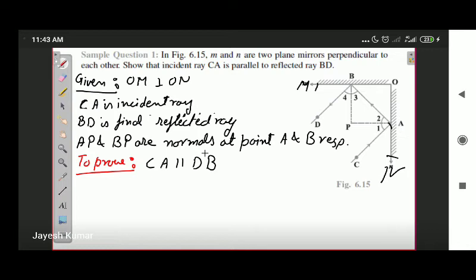And once again, keep in mind the angle of reflection and angle of incidence are the same. That means in the figure at point A, angle 1 and 2 are equal to each other. Angle 1 is the angle of incidence, angle 2 is the angle of reflection. In the same manner, at point B, angle 3 and 4 are equal to each other. Angle 3 is the angle of incidence for point B and angle 4 is the angle of reflection for point B. So we'll start with the proof then. Keep in mind, I am not writing down any construction because construction is given in the diagram as well.